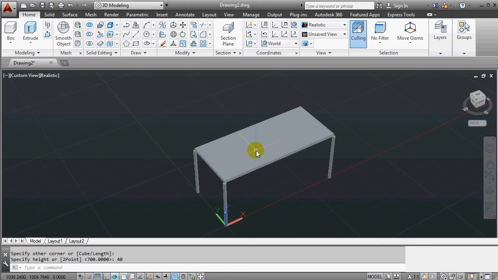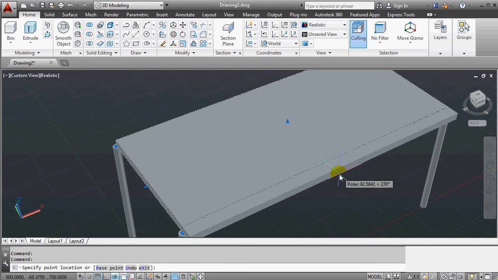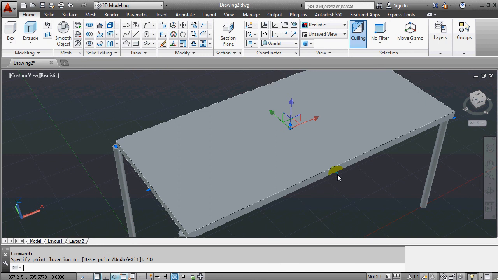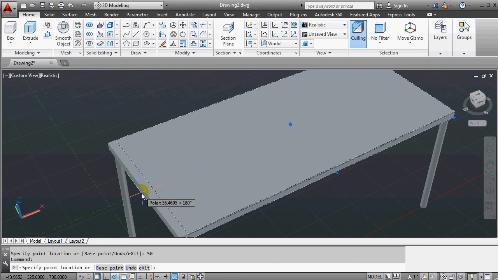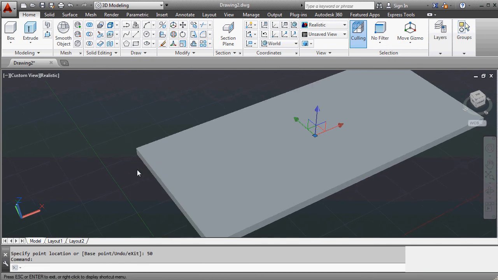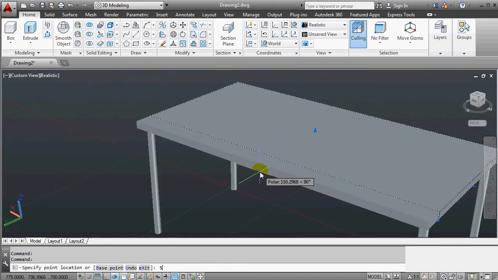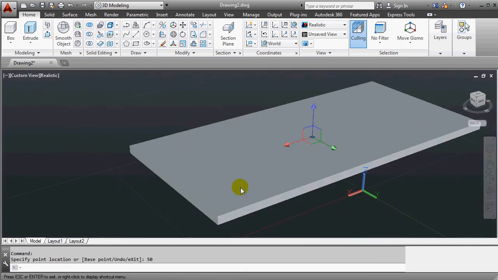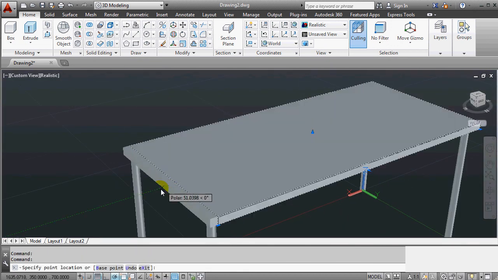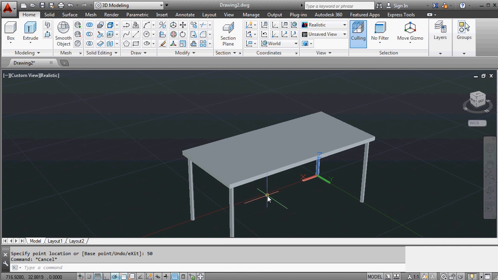So I created a box, and I can click that box, and now I have those little blue grips to modify. I click this grip and I move this way and I go 50 units, and I click this too and 50, enter. And then I hold down Shift, I hold down mouse scroll wheel and look this way. I click this one and this way 50, enter, and finally I select this one and go this way 50, enter, and ESC. Now my table seems to be ready,